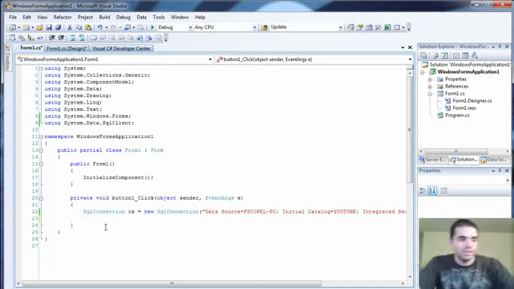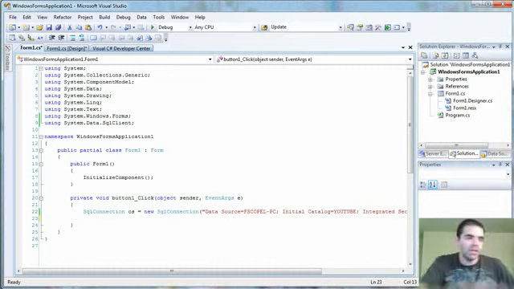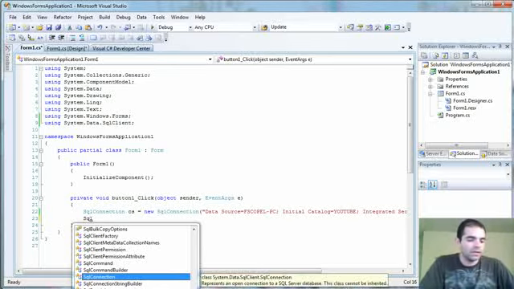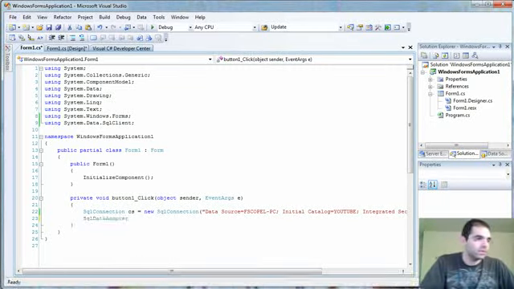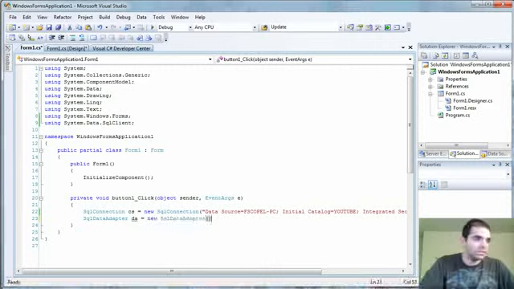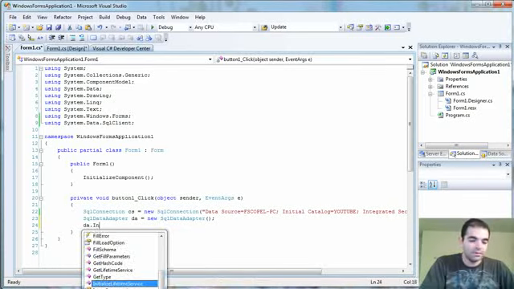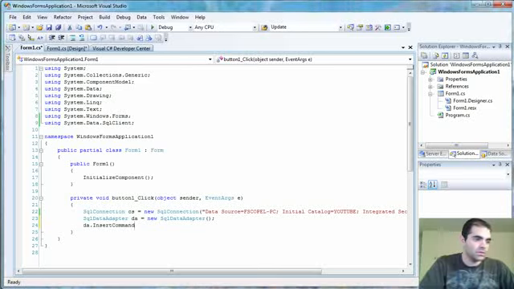So now that we have our SQL connection object up and running, which is the pipe of communication between your presentation layer and the database, now we're going to use SQL data adapter, which is the object that actually sends data from the form to the pipe. We're just going to instantiate this. And now we're going to actually add a command to it. So data adapter insert, because we're going to be inserting